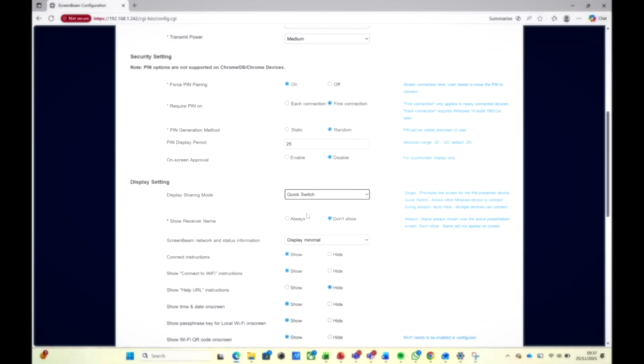And then if I want to hand that over to somebody else, I don't then need to disconnect. They just need to find the Screenbeam device with whatever they're using, be it Apple or Windows or Android or whatever. They can then select the device, mirror to it, and that will remove my presentation, my mirroring, and it would prioritize theirs. And so that just means I don't have to disconnect for them to then be able